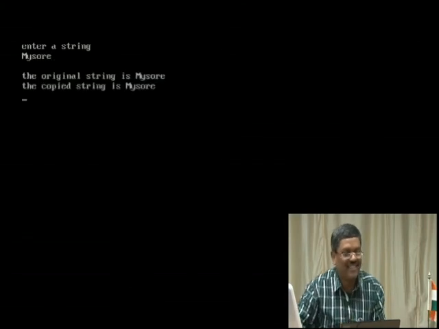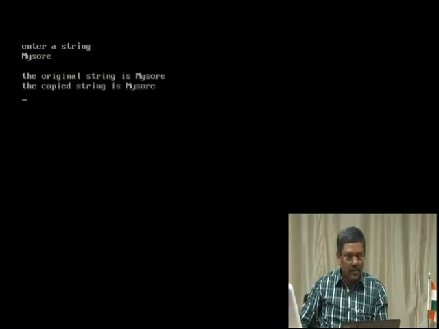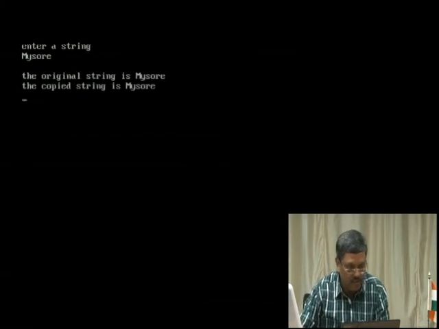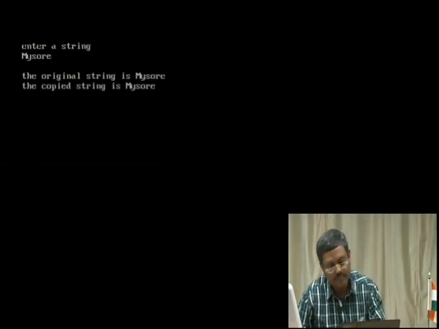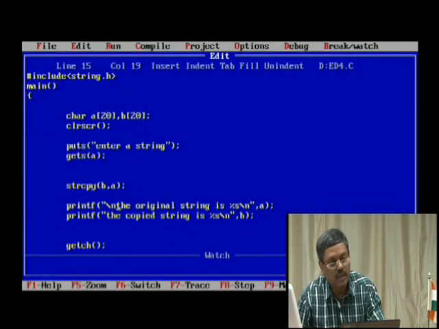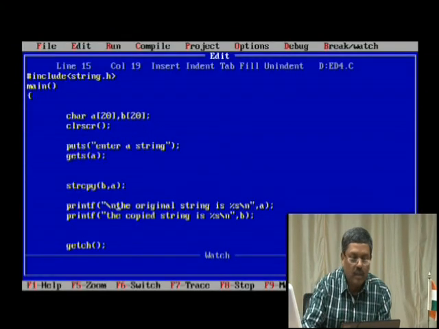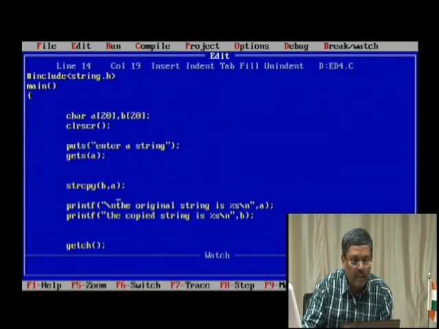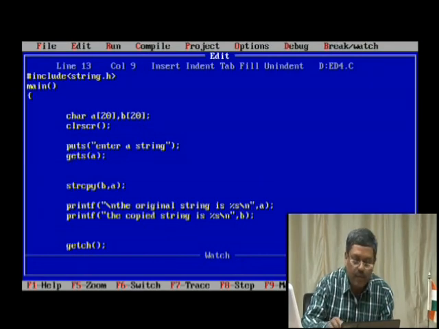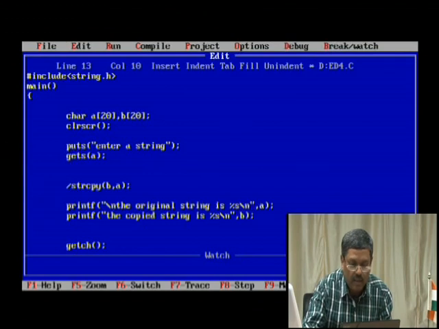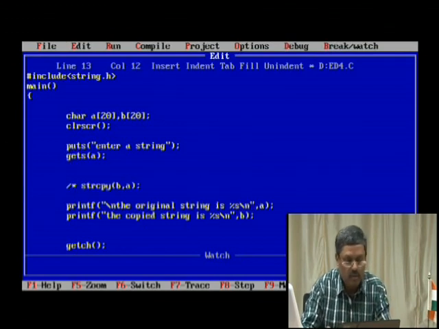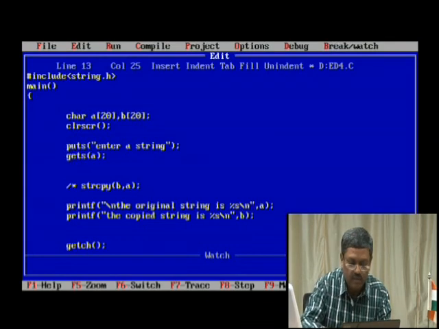Bangalore will not work. So Mysore: the original string is Mysore and the copy string is Mysore. Okay, it's working fine. I hope this is very easy, pretty simple. What I want to do is work without using a string function, replacing this particular part. String copy is doing all the trick for us, correct?